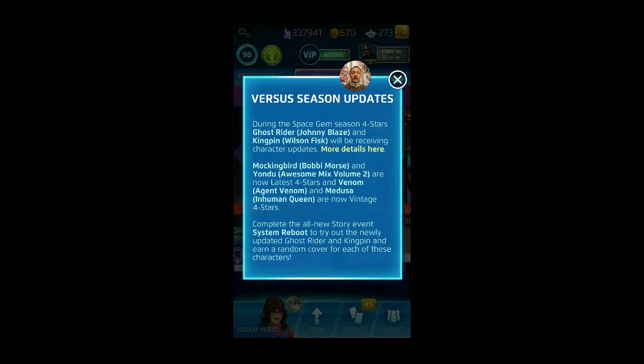System Reboot. It's going to be a new story-based event, which is going to give you a chance to play with the new covers for Ghost Rider and Kingpin, and potentially earn a random cover for each character. So there's a chance to get a random cover for 2 4-stars. If you don't have them yet, it's a great way to add them to your roster. Play with them with their new abilities, see what you think. If you do have them and you're looking for covers, this is a great way to get more of them